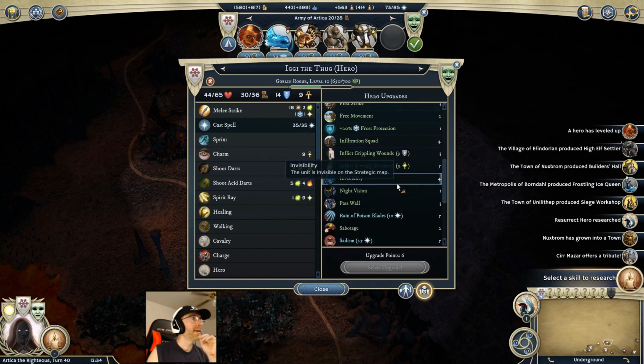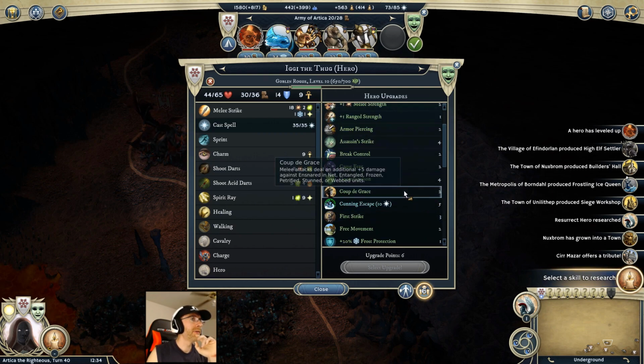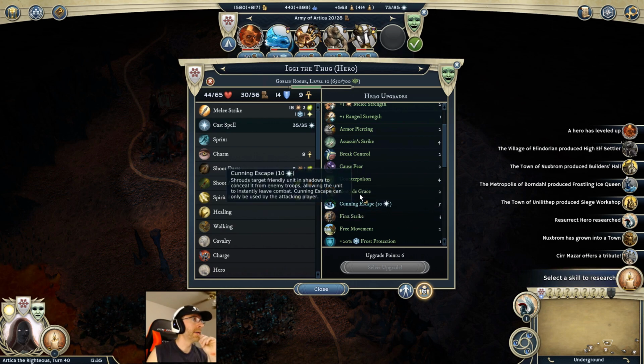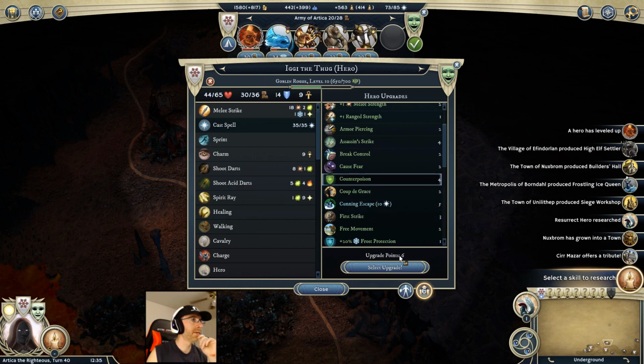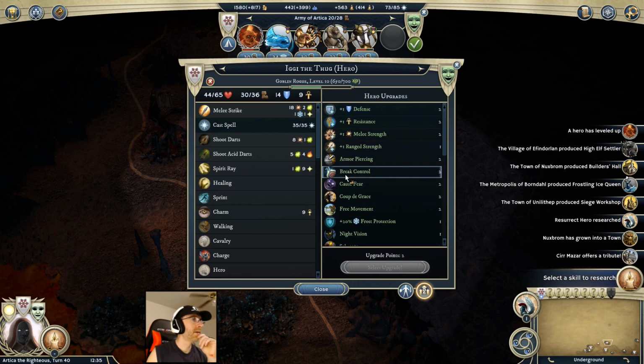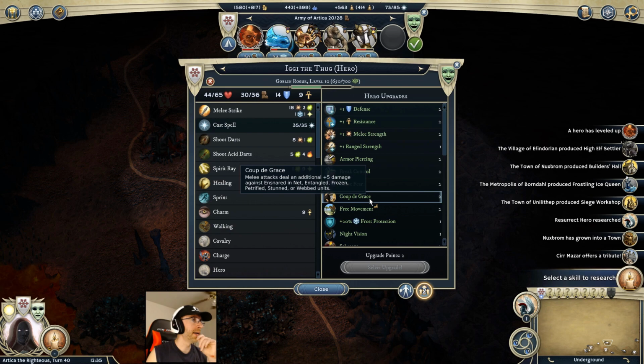Oh, let's see. We're at hero level 10 for Iggy. Counter poison might be a good one to pick up now that I'm about to go fight more undead. Let's do that. And then I'll save the remaining 2 points because I don't know for sure what I need. Although coup de grace might be nice. Coup de grace actually could be...